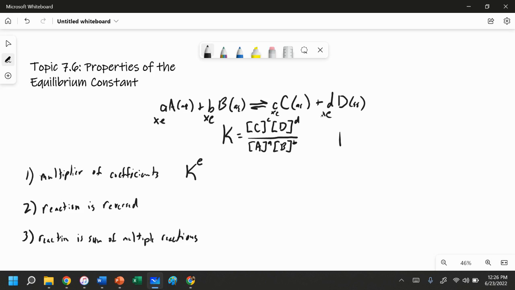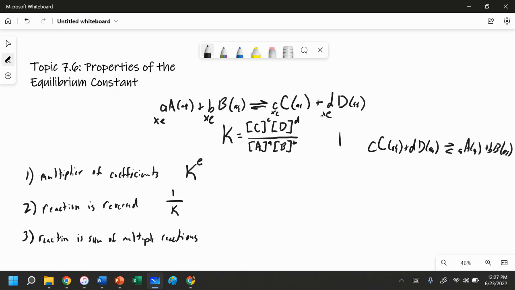What if we reverse the reaction? What if we wrote the reaction this direction, where substance C is reacting with substance D to produce substance A and substance B? What would that do to our equilibrium constant? Well, since we're flipping the reaction, we would flip what's in the denominator and what's in the numerator. And so that is simply going to give us the inverse of K. So whenever you reverse the reaction, your K value is just going to be the inverse of the original K